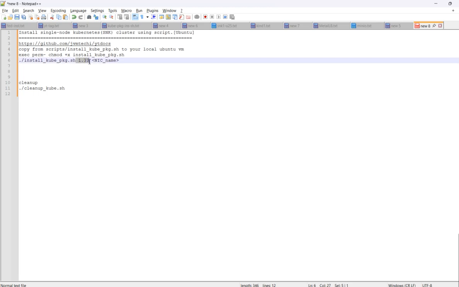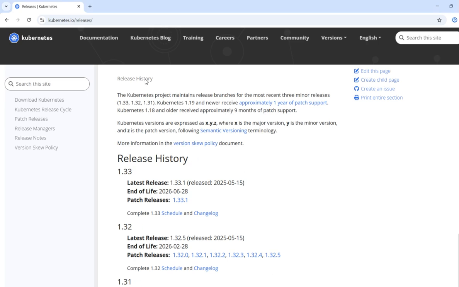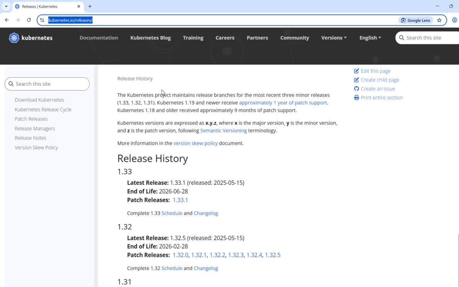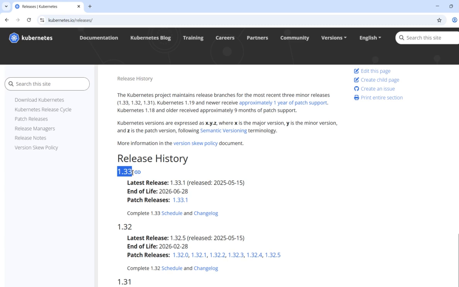First parameter is your Kubernetes version, so you can take your Kubernetes version from the release page. Suppose you want to install 1.33 or 1.32, you can pick only this one, not the patch version like .1 or .5. Only pick 1.33 or 1.32, like that. The patch version will be automatically selected by your respective operating system repo. Okay, so in this case I picked